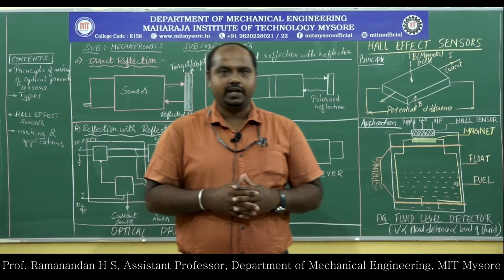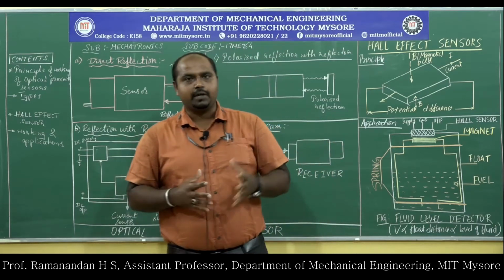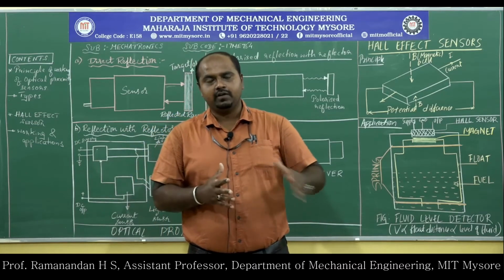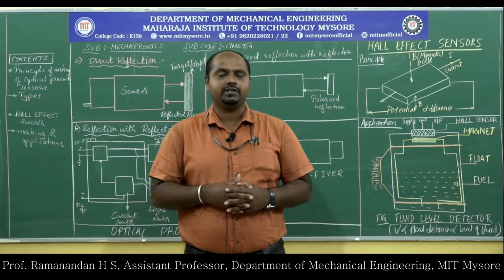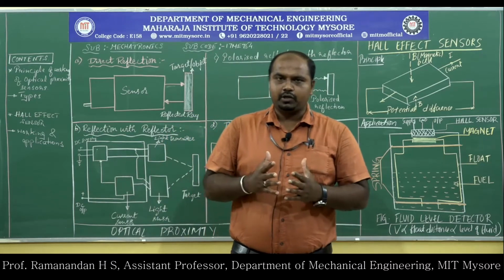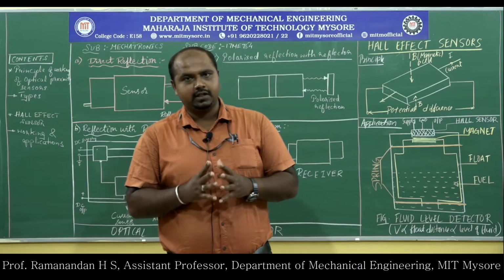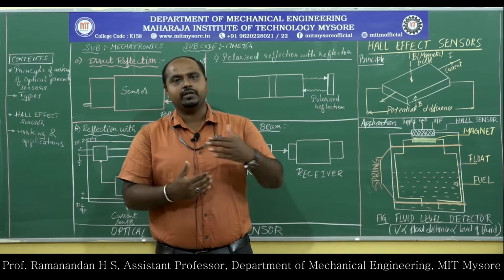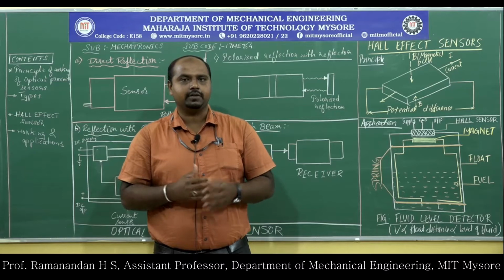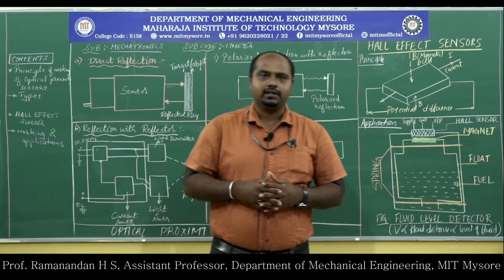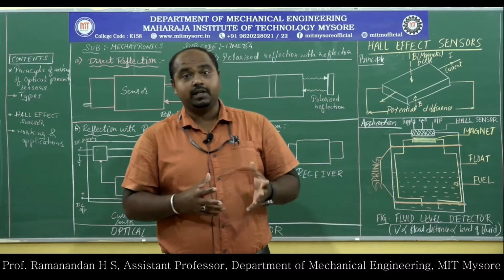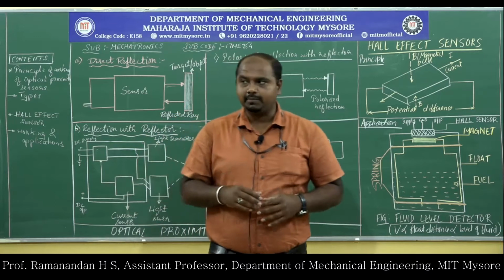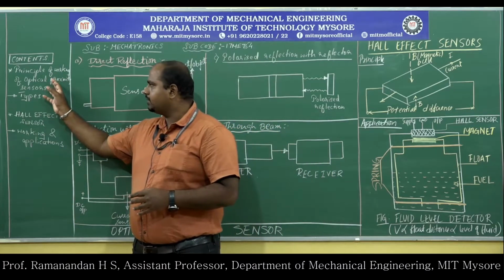Okay, in the last session we have seen light sensors and a few types of optical proximity sensors. So today is in continuation of the last part of proximity sensors. I have already told you proximity is nothing but nearby or the vicinity. So nearby objects need to be detected. It may be metallic or non-metallic, maybe elements, maybe light sensitive also. I am stressing on light sensitive because today's topic is optical proximity sensor.